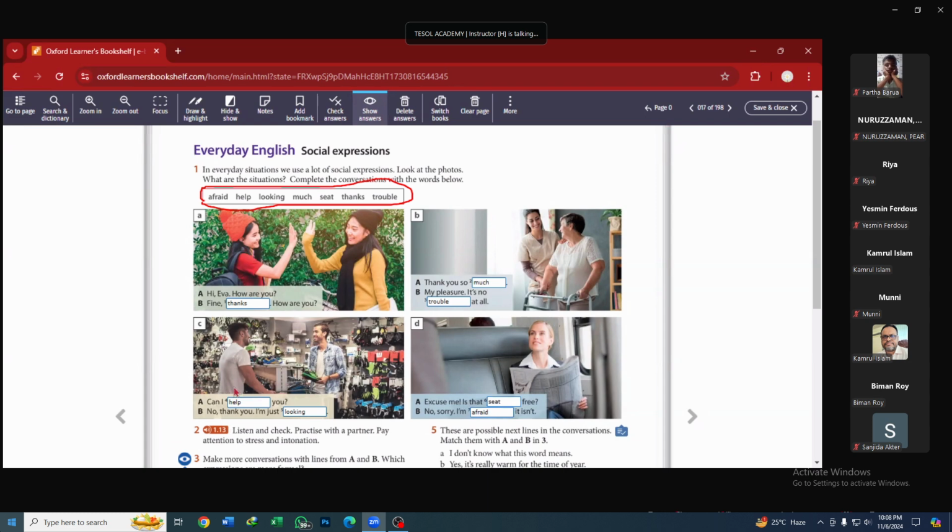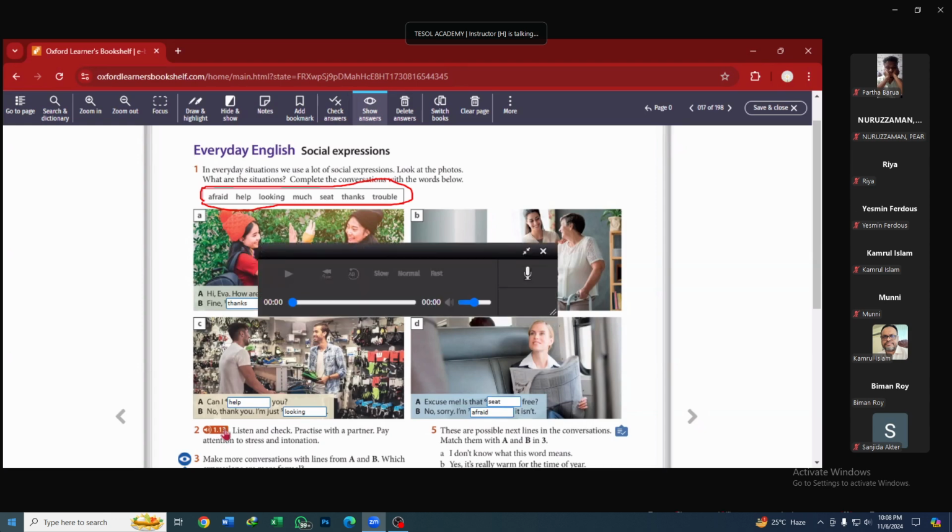Whenever I am playing an audio, I always encourage you to keep your mics muted, and you practice the conversation on your own when the audio is being played. You say out the words, the sentences that are being played in the audio, right? So try to do that. That will improve your pronunciation and your fluency, as well as your accents. Okay, so let's start. Let's listen to the audio of this